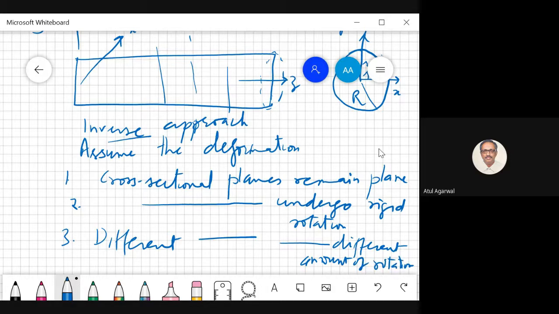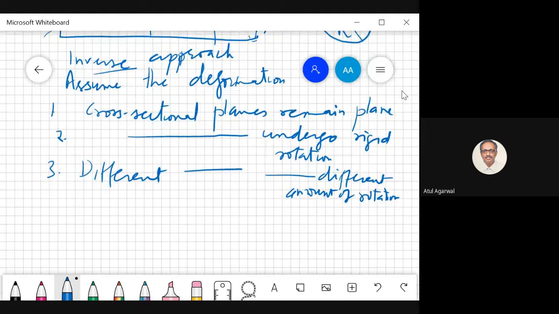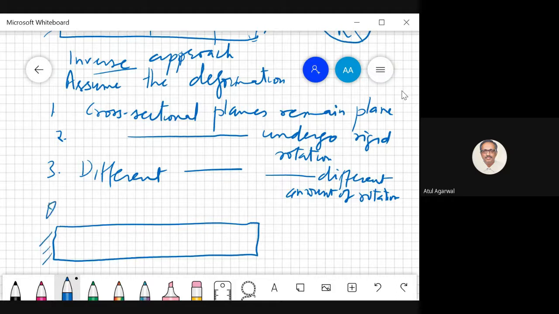You see this fixed plane, will it rotate? It is fixed, so how can it rotate? It will undergo zero rotation. And the plane at the last point rotates the maximum. So you will see that the amount of rotation is zero here, maximum value here, suppose theta naught. So it will go from 0 to theta naught over the length L. Any doubts?